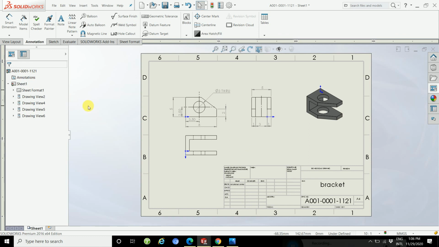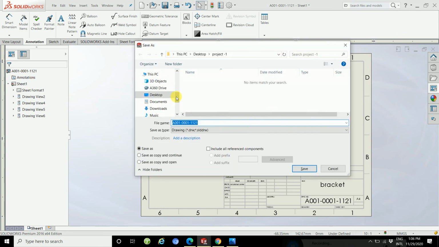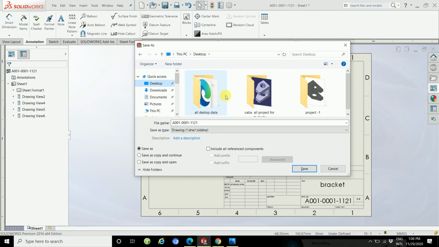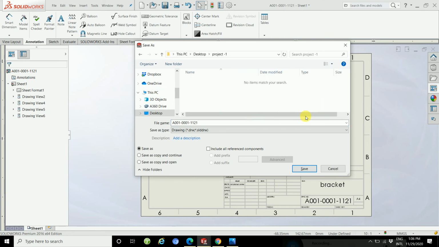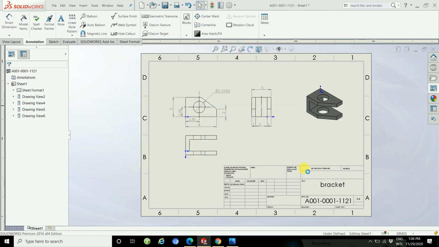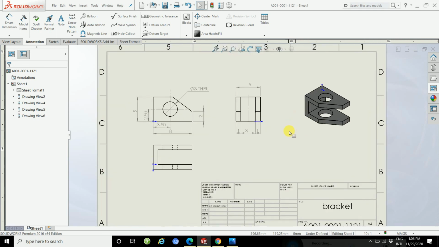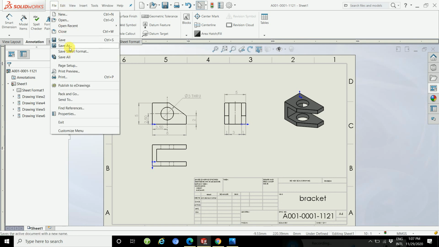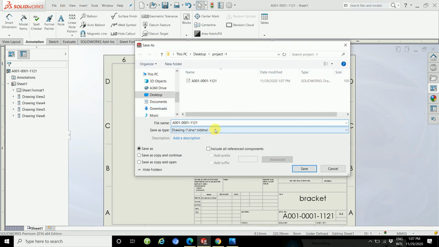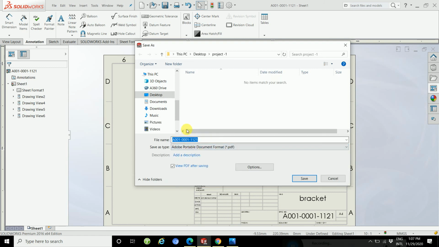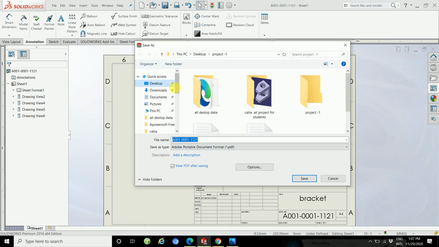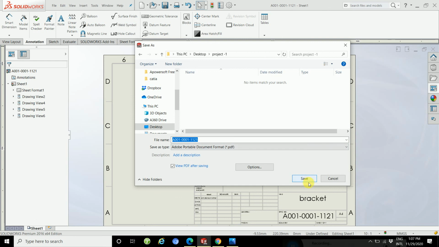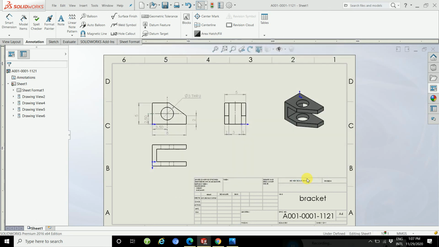And then save. Control S and then save in the desktop location, the project name 1, and then save. And if you want to convert this to PDF, use Save As, choose PDF here, and then desktop, this project, and then save.